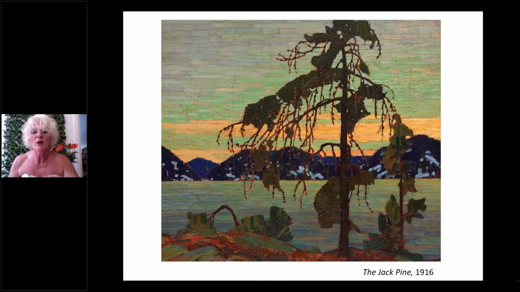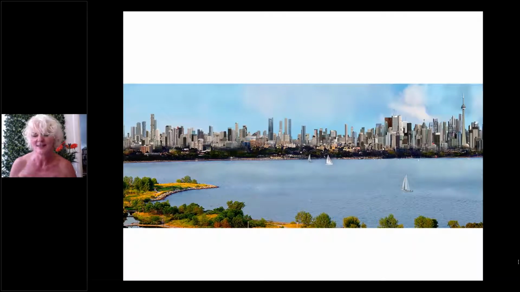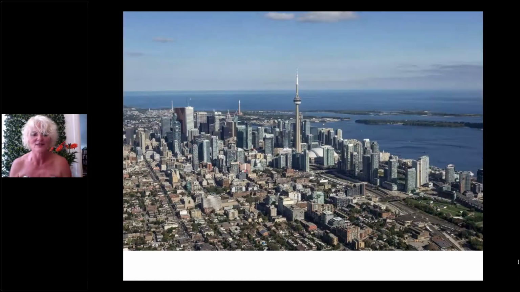And it's interesting for me because it's an image of us in the wilderness. And I have to tell you, most Canadians, for those of you who might not be all that well acquainted, do not live in places that look like this. Most of us live in places that look like this. This is Toronto, and our streets look like this. They are not beautiful, water-filled, tree-lined areas. It's full of concrete and it's full of buildings. But despite the fact that so many of us live in places that look like this in Canada, that image of the Jack Pine has become so iconic, so connected to our identity.